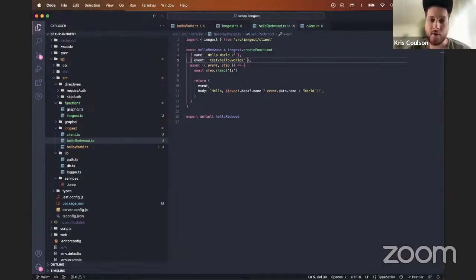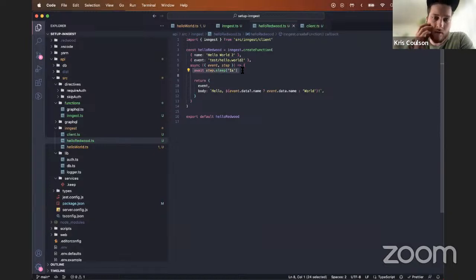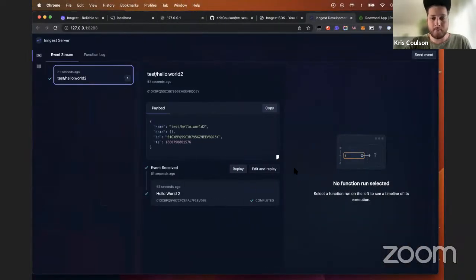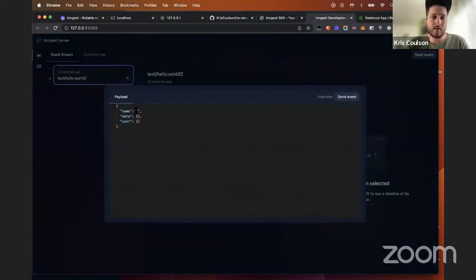I've been using this for a little bit in my own project, and it makes running these jobs way simpler. Especially once you get into Inngest, they have a whole dashboard. You can see all the events that are coming in. Scheduling is extremely easy. Right here, when this function gets invoked, it'll wait for 1 second. So if we turn this up to 10 seconds, and we ran the same event,